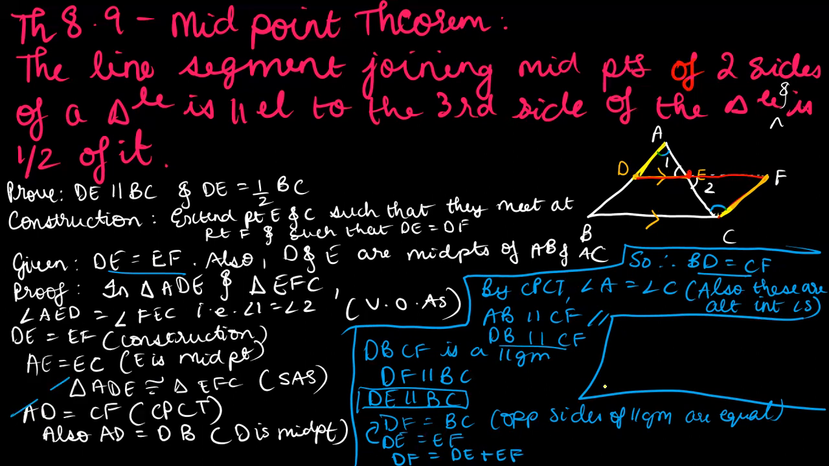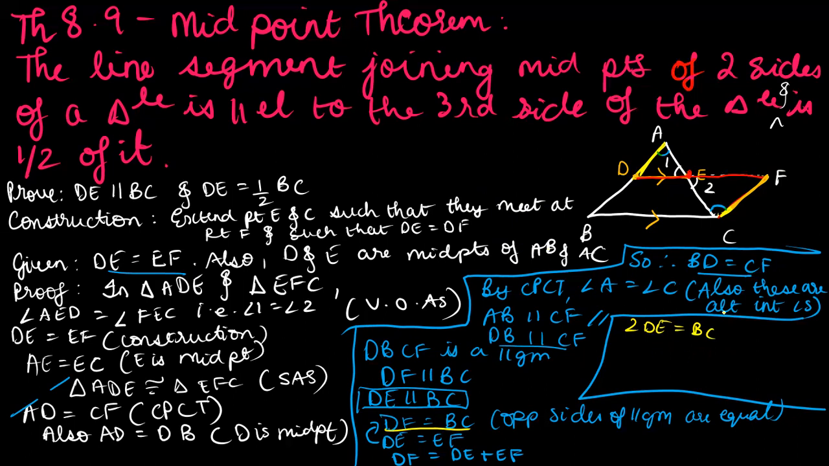See, so DF is equal to DE plus EF, and I know that DF is equal to BC also. DF, where have I written that? DF is equal to BC also, I've written here. So therefore, since DF is equal to BC, then 2DE is equal to BC, right? How can I say 2DE is equal to BC? Since DF is made up of DE and EF, and DE and EF are equal to each other,